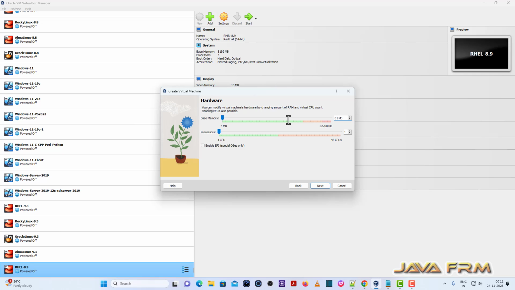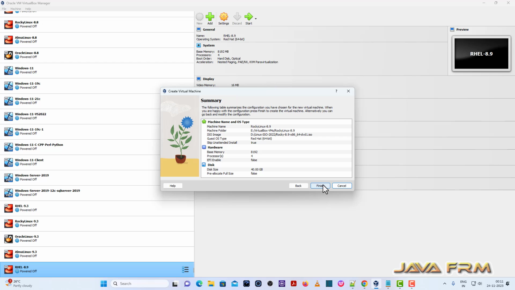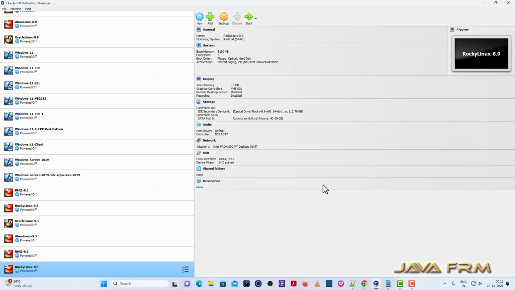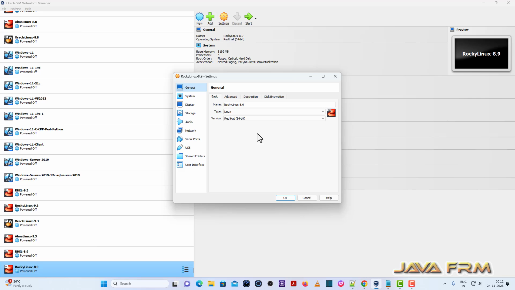Okay, so next I am providing 8 GB RAM and 4 CPU cores. Next I am providing a 40 GB dynamically allocated virtual hard disk size. Okay, finish. Now once again I click settings,